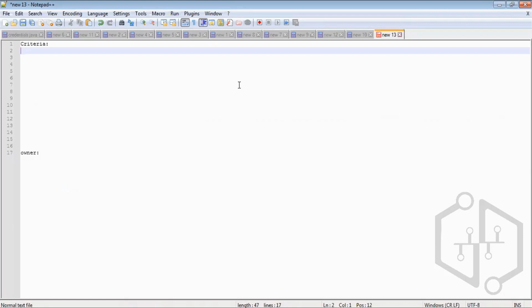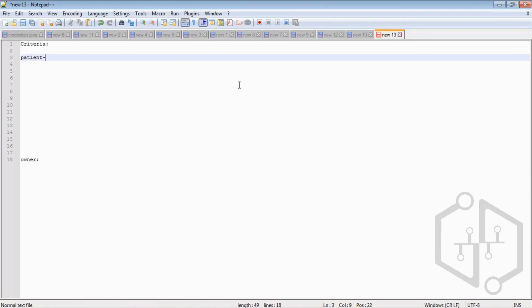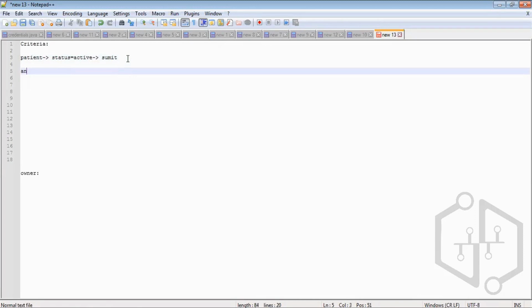Criteria-based sharing rules are the ones in which you can provide some criteria. Let me give you a scenario. If the status of a patient is active, if I'm creating a patient and the status of that is active, share that with, say, Sumit. So I am giving some criteria that if a record matching that criteria is being created, just share that with the destination user. Here I can provide any criteria except